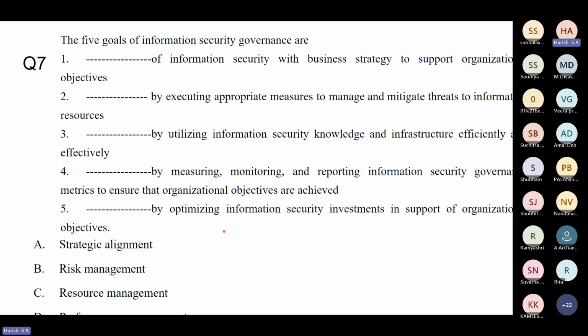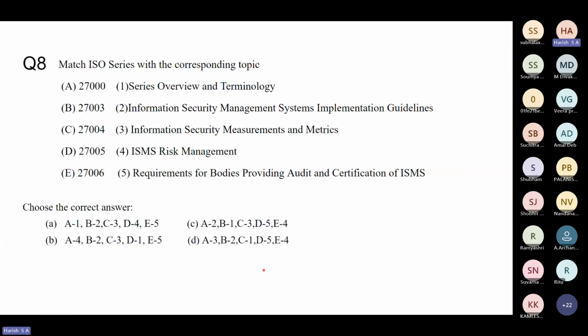This is directly definitions, which I'll just give you the answers for. Again, these are all ISO standards, and what do these standards talk about?